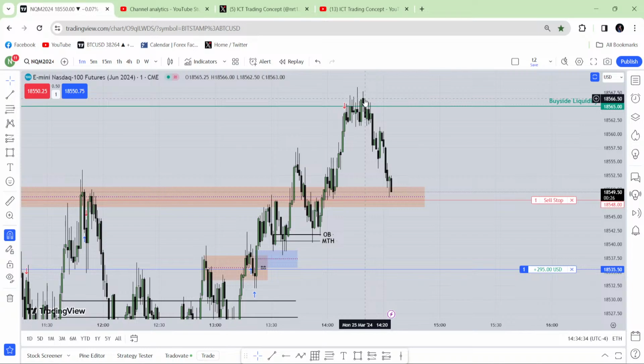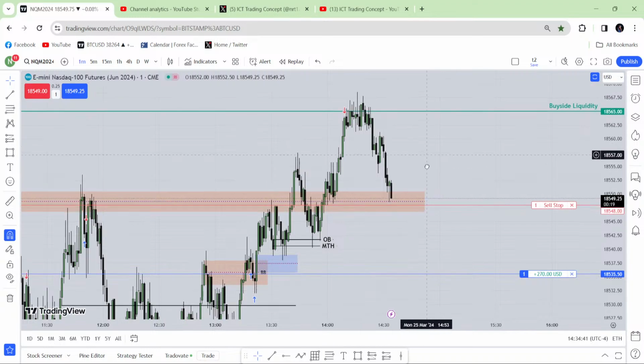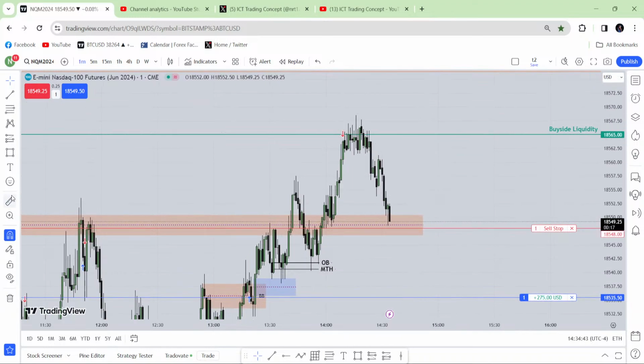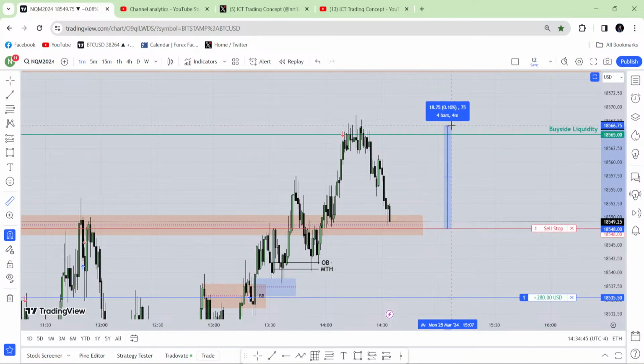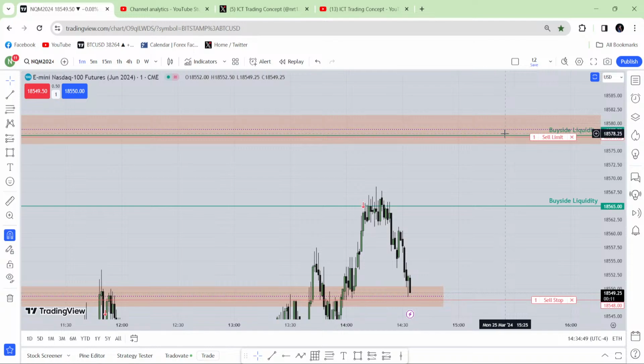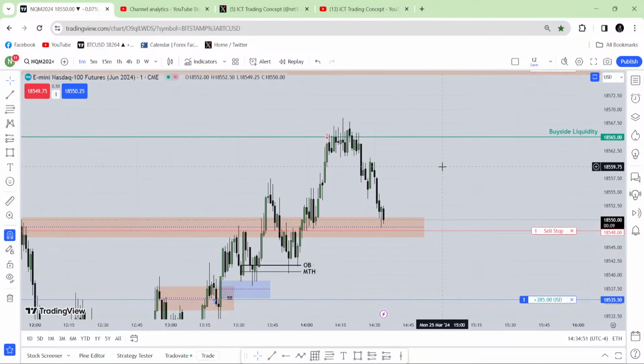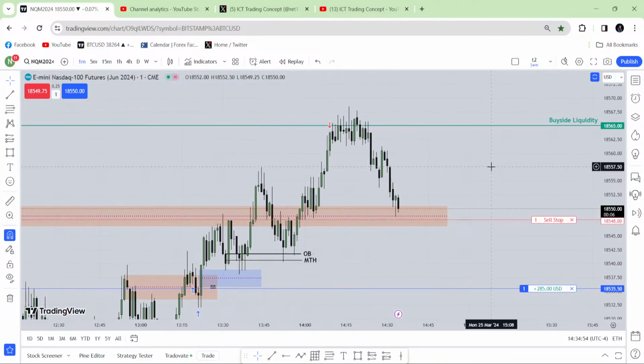You can see the market came here. Now it is going to hit my stop loss. Am I upset? No, I'm not upset because I missed all of this profit. How much profit did I miss? 18 handles. Am I upset? No, I'm not upset. I tried to catch it and I didn't. I'll be happy to be stopped out over here.